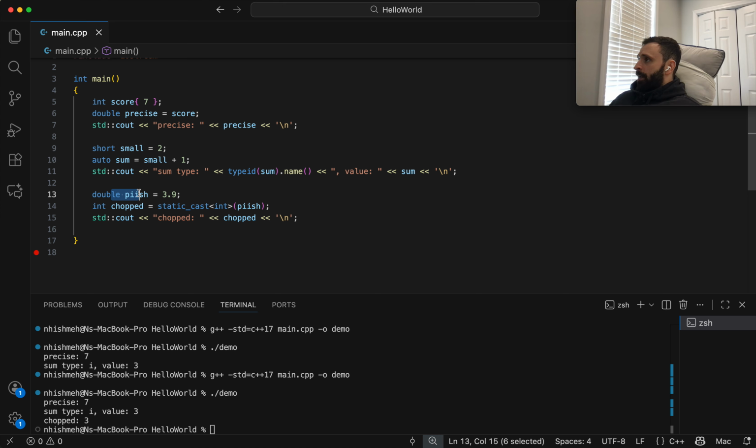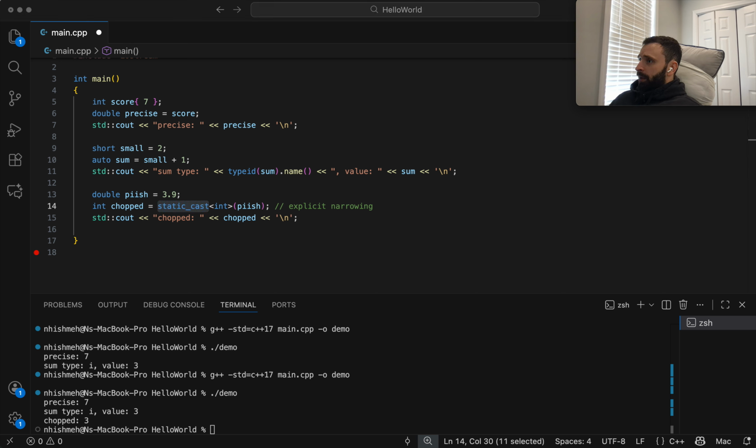It works fine because of the fact that we're statically casting. So this is called an explicit narrowing. And what makes it explicit is the fact that we have a static cast here. So we tell the compiler, yes, we know we're narrowing a double to an int, but we are explicitly doing that. So this tells it, yeah, we know what we're doing.